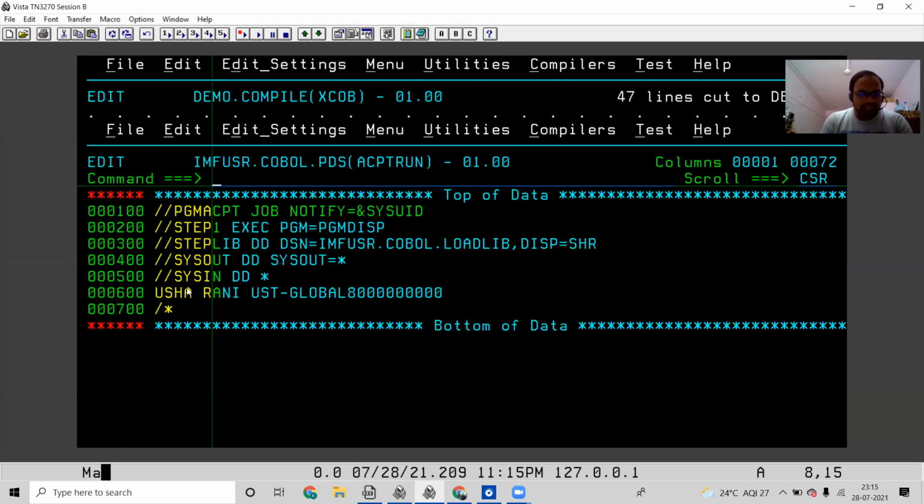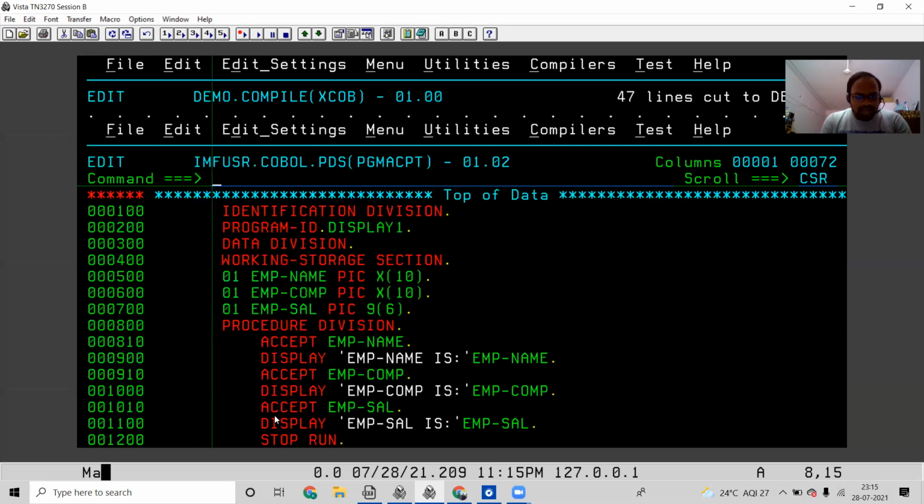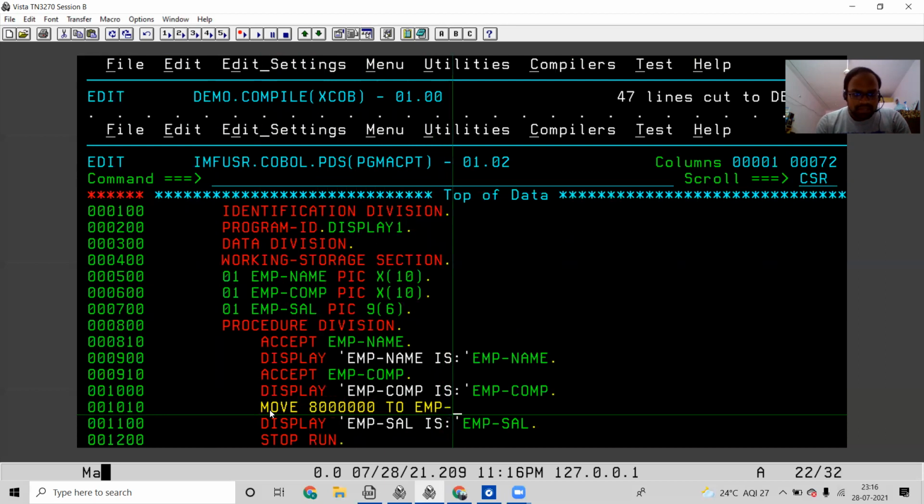Here what I'll be doing is, not ACCEPT RUN, there is PGM ACCEPT. In the place of accepting the employee salary, I will be using MOVE. I'm giving 7 digits to EMP salary.